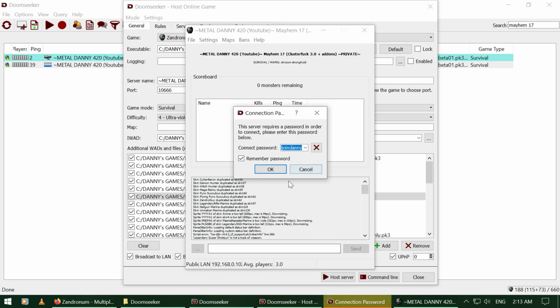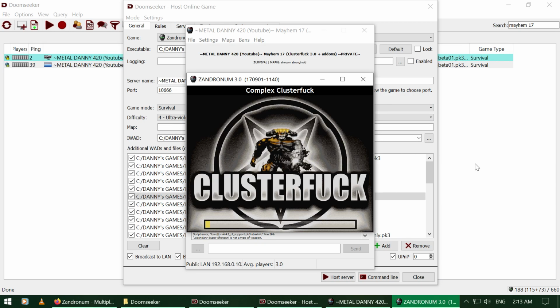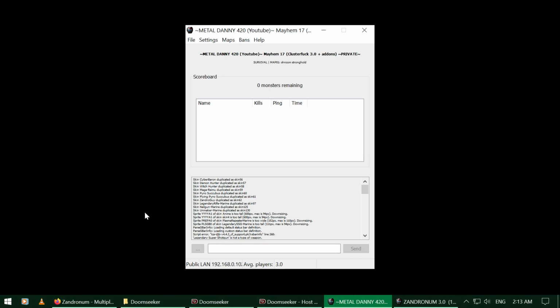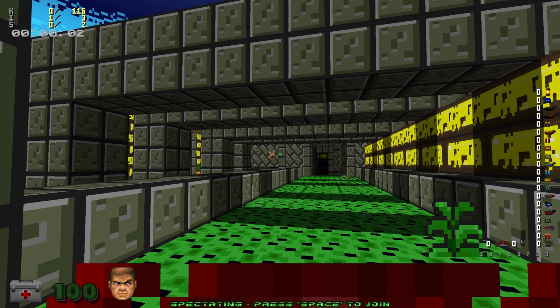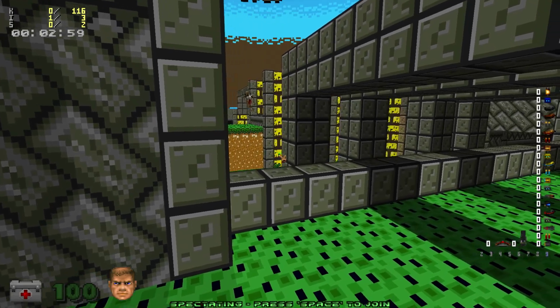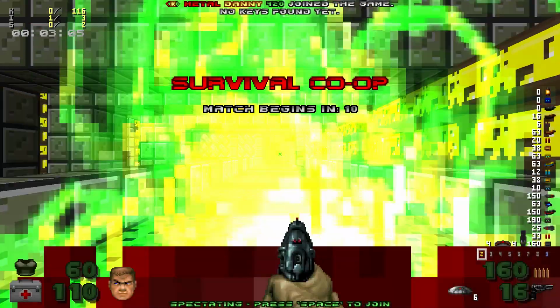So all you need to do is simply join the server back. Just like you did the first time. The server is still exactly where it was. As long as this window is up, the server is up. So that's good to know. If something happens during play and it says waiting for servers, just alt-tab and check if this window is still there. If that window is gone, that means the server crashed. You'll have to host the server again. Sometimes it happens that the server crashes, but it rarely happens. So it's usually only messed up slaughter maps in combination with Project Brutality or something.